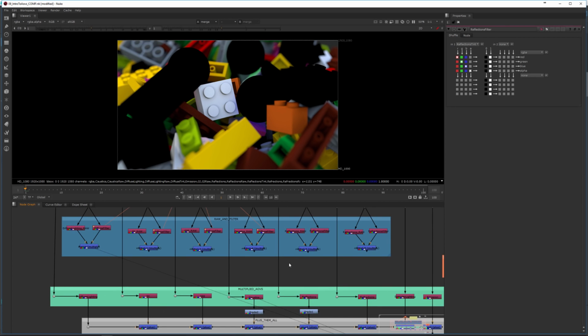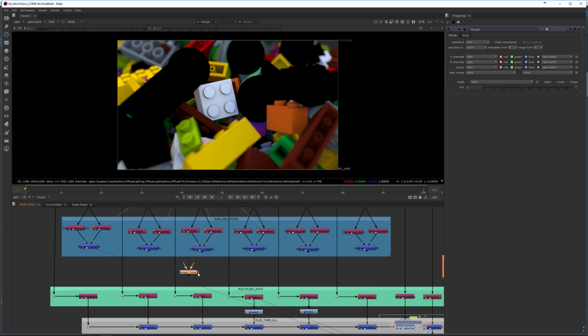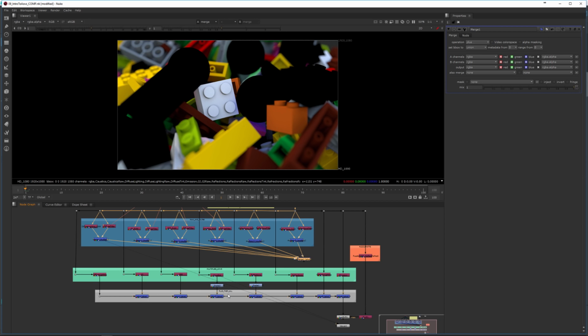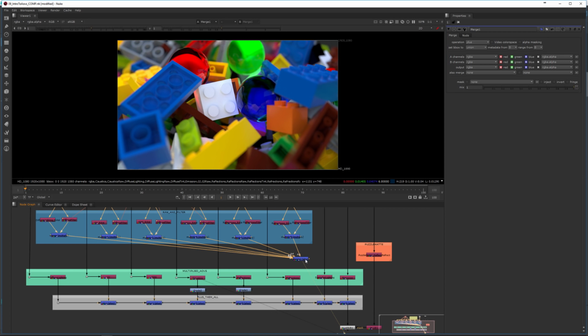Okay, so for example, if I go down this method, obviously after all of these I would need a merge and plus, and just for the sake of it, let's just do it really quick. So if I use a plus node, if I find it, there we go, and I can grab all of these, and actually you can connect them to the same node. So if you're in a rush, you can connect all of these to the same plus node. The only reason why I've done it nice and neatly here is that it's easier to demonstrate once we click through one by one. So if you look at this result,